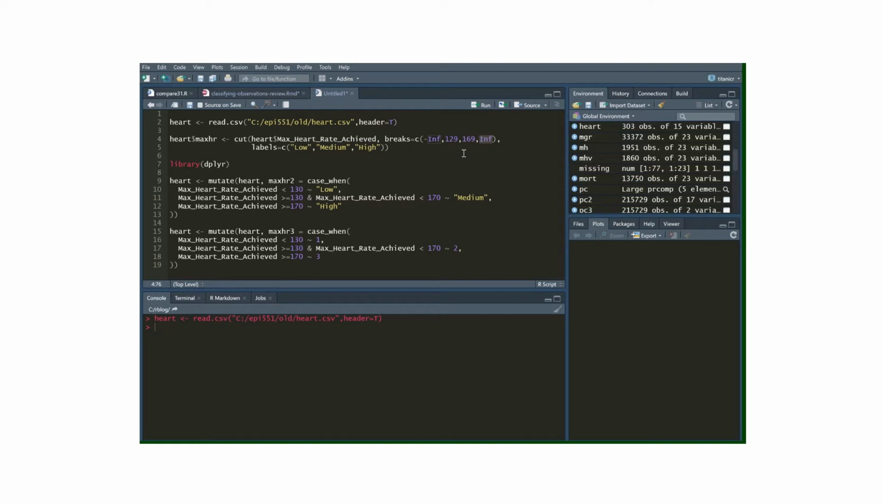Okay, so this creates 3 categories, 0 through 129, 130 through 169, 170 and above. Okay, and those are the breaks, and then the labels we're going to call low, medium, and high. So if I run lines 4 and 5 and look at the result with the head function,